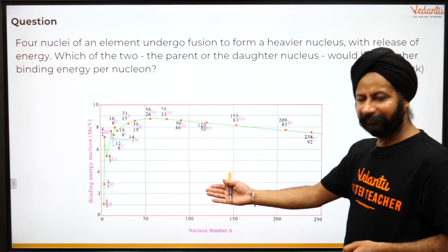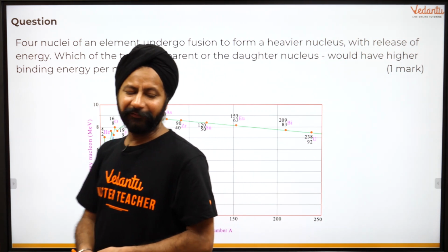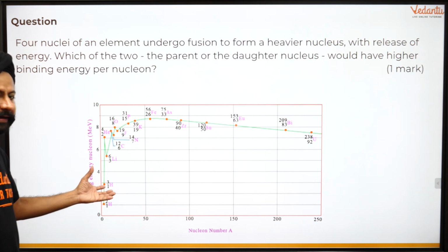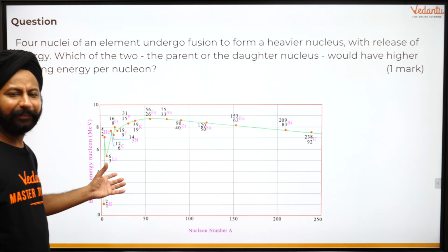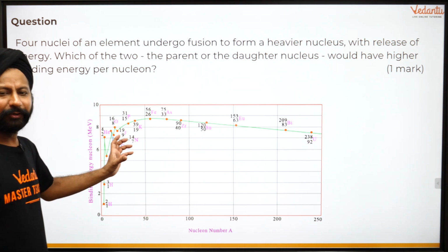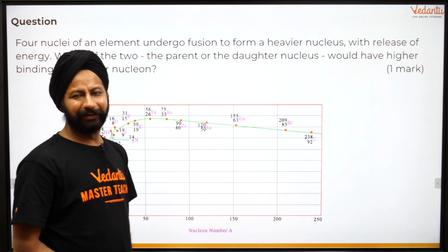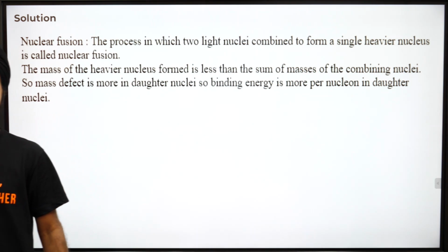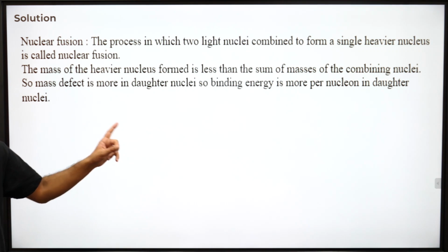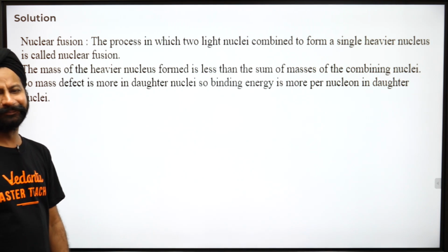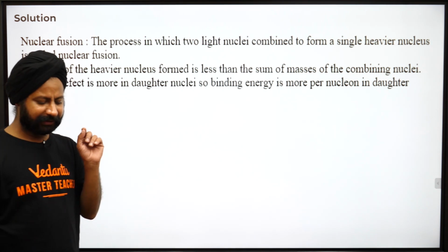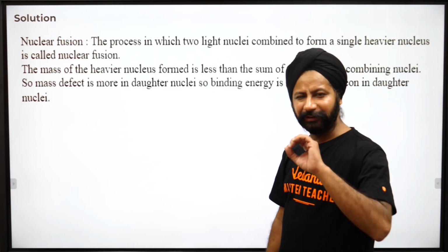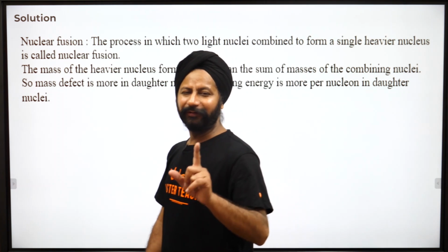So I put the graph up again in case I have to explain one more time. There are four tiny nuclei. They're combining to make a bigger one, and when they combine to make a bigger one, the mass number is more, meaning they're going towards more binding energy. So the final product will have more binding energy. I'll show you the sample response here. You don't have to memorize any of this. You have to understand every piece of it. Use your own words, your grammar, your vocabulary, and present yourself. You are unique. Your solutions have to be unique. At least your words have to be.